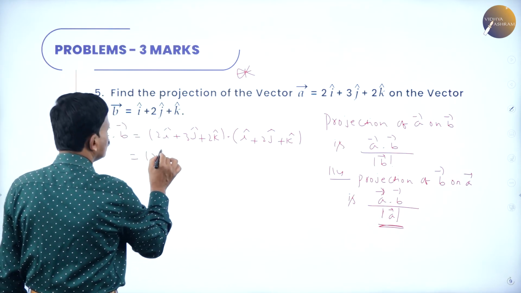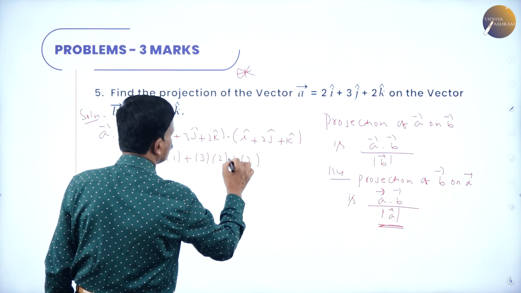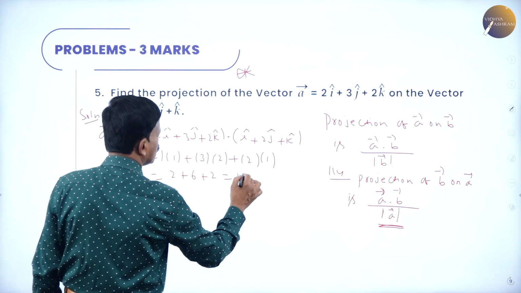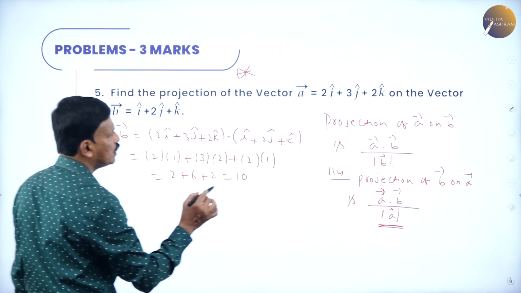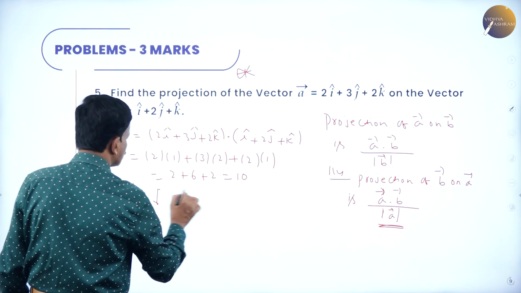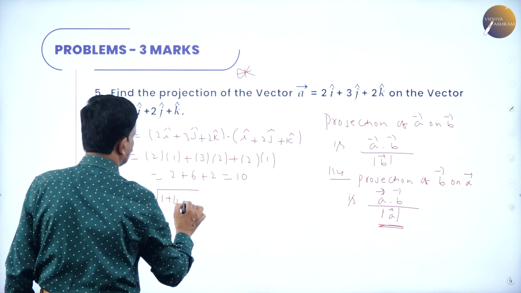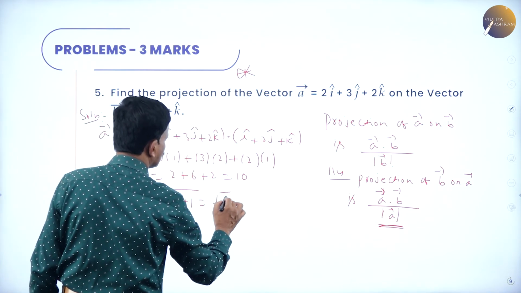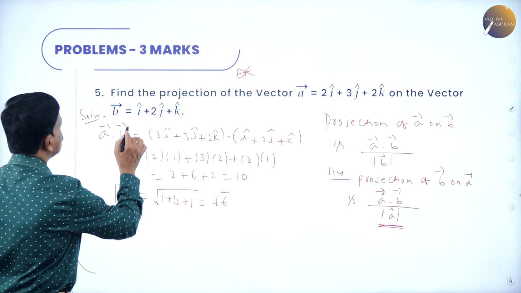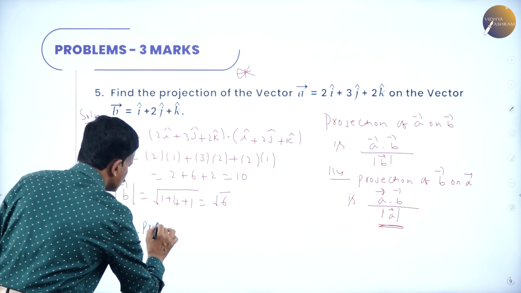Now simplify this. 2 into 1 plus 3 into 2 plus 2 into 1. This is equal to 2 plus 6 plus 2, that's equal to 10. Now find the length of vector B. The length of vector B is the square root of 1 square, which is 1, plus 2 square, which is 4, plus 1 square, which is 1, that is equal to root 6. So therefore the projection